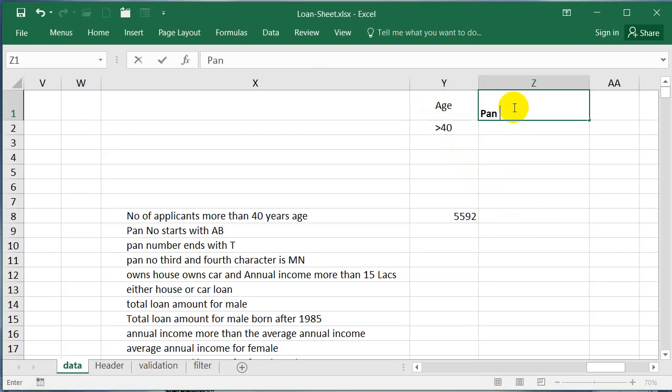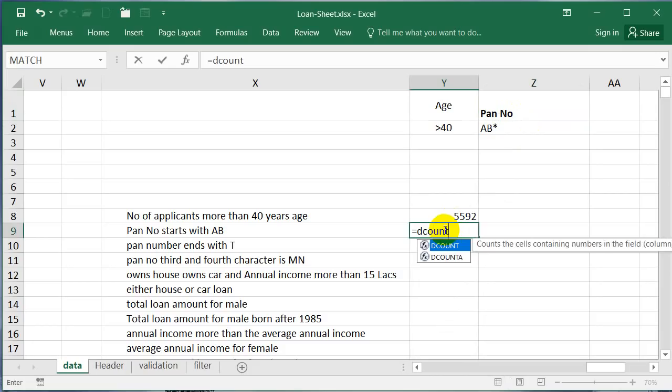PAN number starts with AB. So PAN number, and I say AB star. And here again DCOUNT, bracket open, loan data, field, see it is count. Again, you cannot take the field PAN because it contains text data, right?